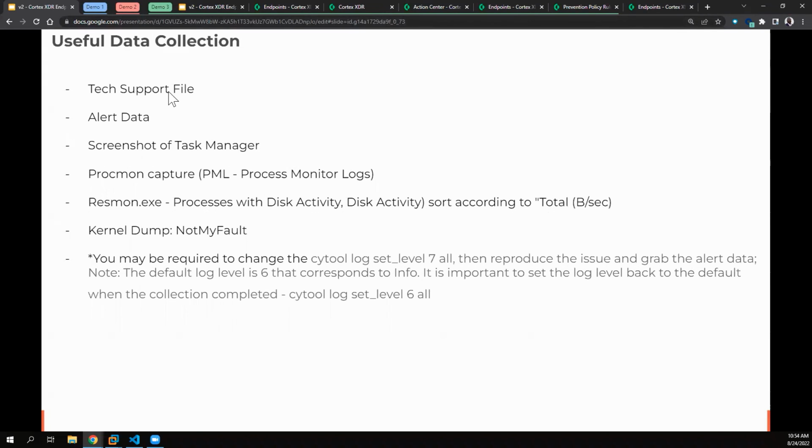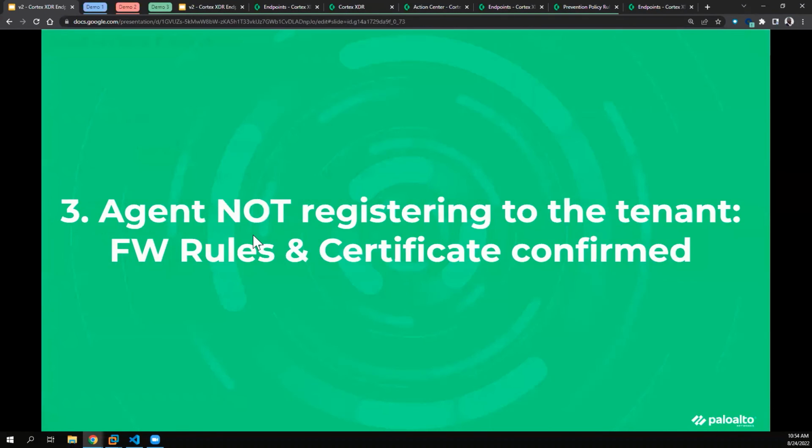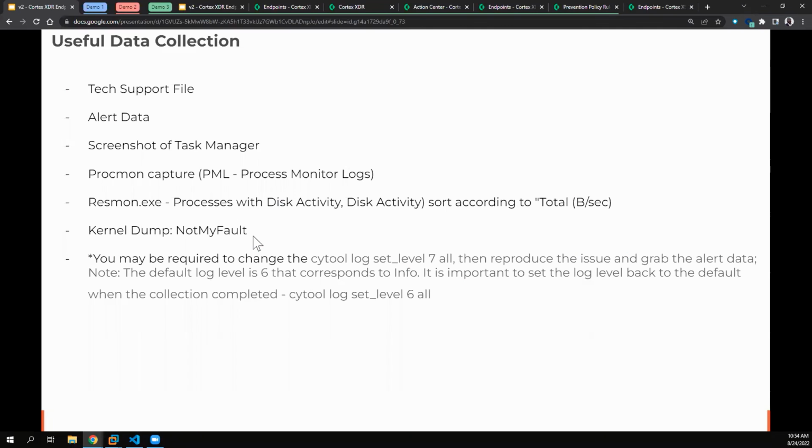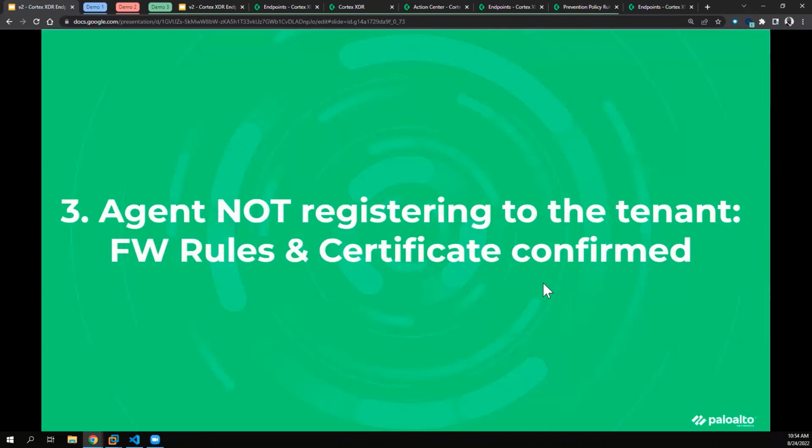Useful data, we talk about tech support file. These are different types of data that can be requested by support for them to be able to advise you on the RCA. Second, the second use case here